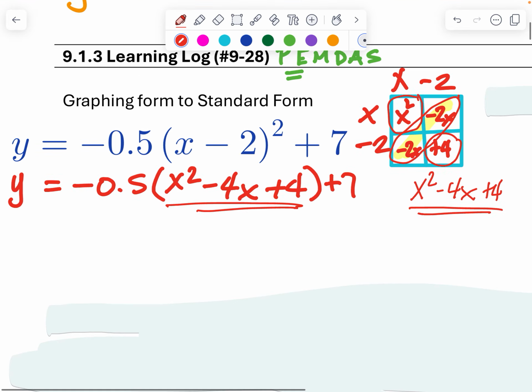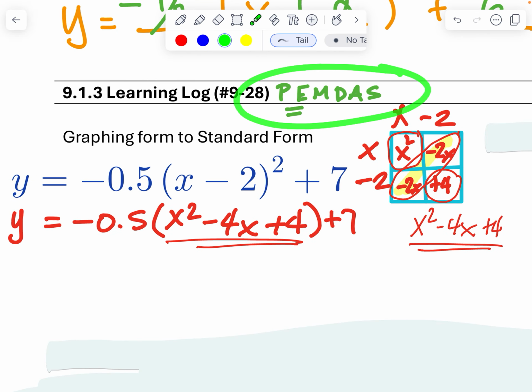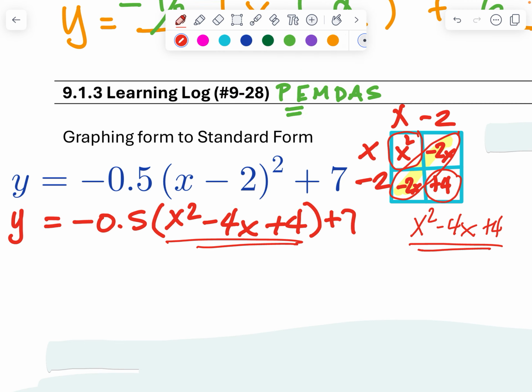All right, so now we have that. Going back to order of operations, we did our parentheses and exponents. Next thing we need to do is multiply. Okay, look, we need to distribute this multiplication. So that's what we're going to do first. Remember that 0.5 is really just the same thing as 1/2. So anyway, I'm going to go through here. Negative, and I'll just leave it as a decimal, I guess. Negative 0.5 x squared